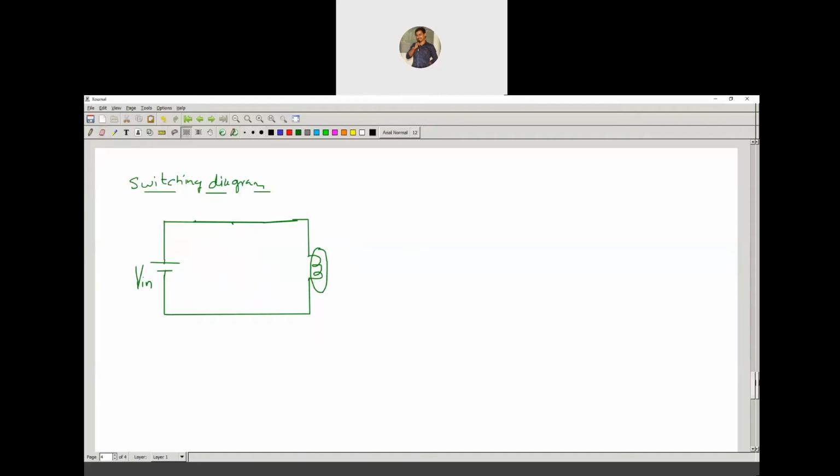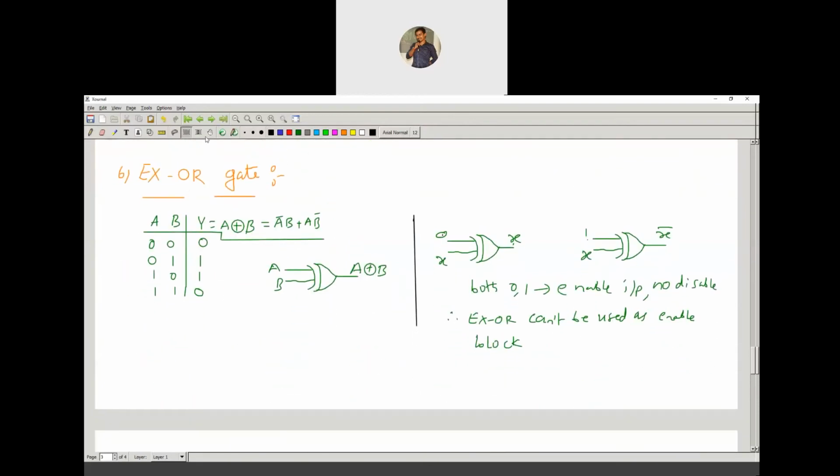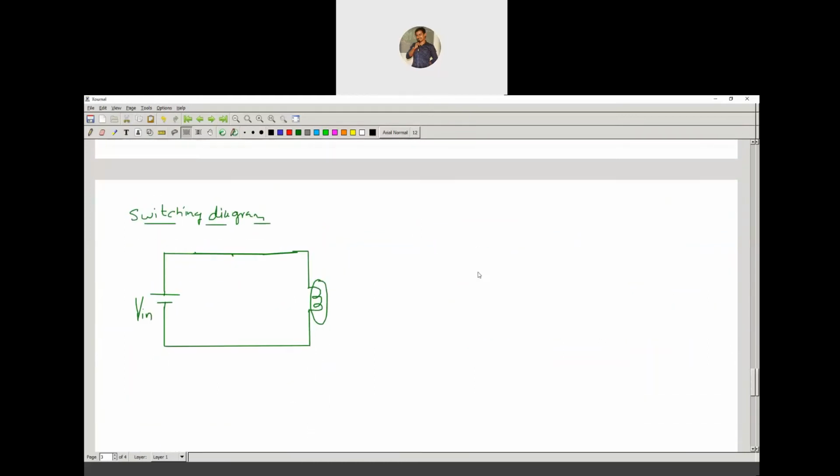For you, I will copy this truth table. You just observe the truth table, and by that you can tell me how we can connect the switches here.